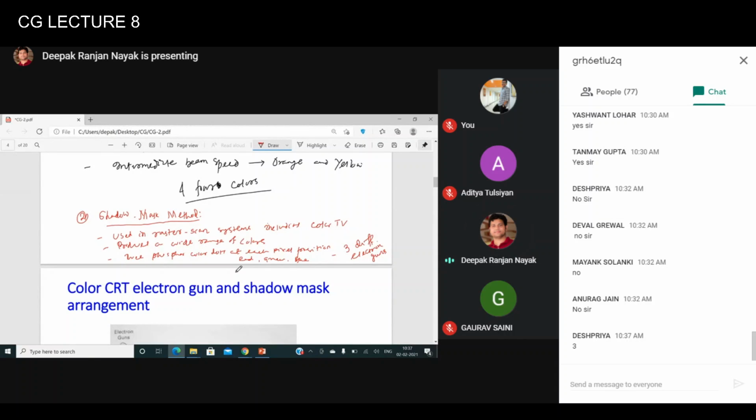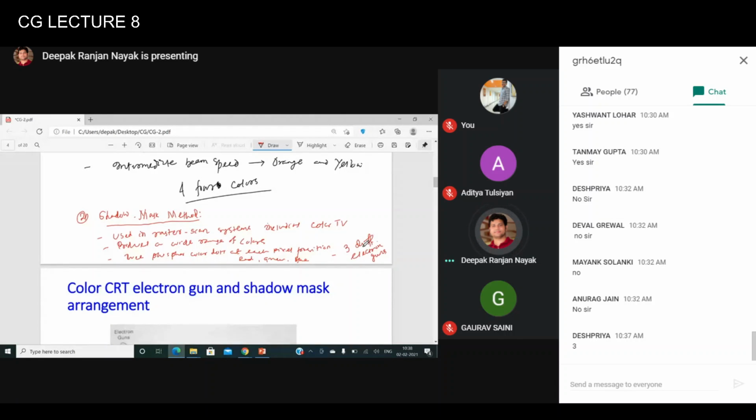So the color CRT monitor consists of different components, and the major component is 3 different electron guns, and every electron gun represents one phosphor dot or one color dot on the screen, right? And there is something called a shadow mask grid, which is present just behind the phosphor coated screen, right?